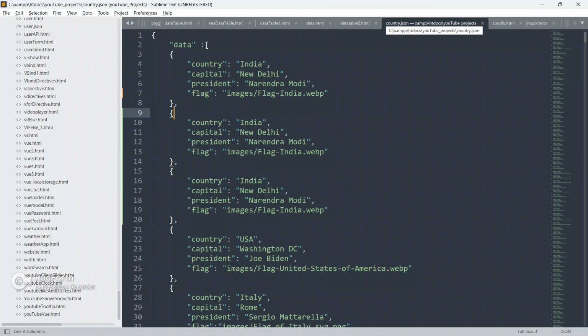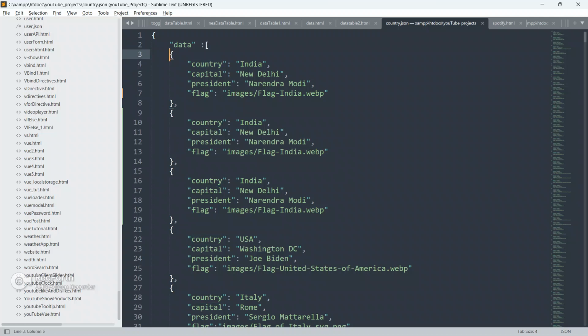So guys, this is the JSON file, as you can see here, country.json. Here we have got the entries, country India. As I have already explained in my previous video, a JSON file is always in key value pairs. I am explaining these things again here also, so that you will feel no confusion in your mind.